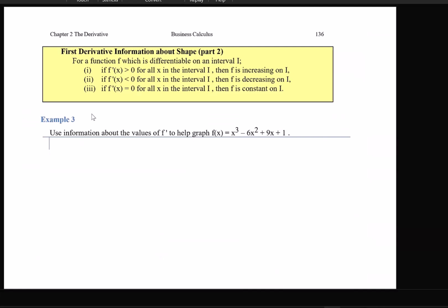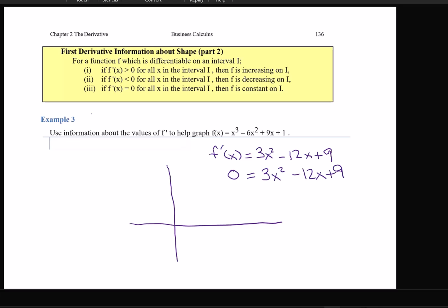For a function f, which is differentiable on an interval I, the first thing I want to do is find the derivative. F prime of x is equal to 3x squared minus 12x plus 9. And if I want to graph the original function, I know something about the derivative. If I set this equal to 0, I'm going to find my maximum and minimums, also called my critical points. My critical points are